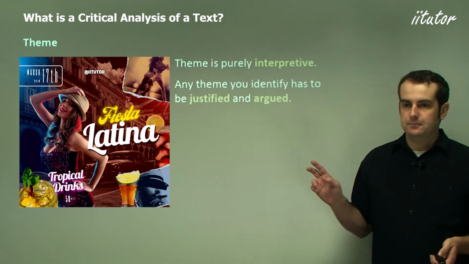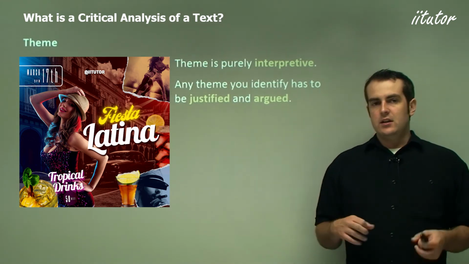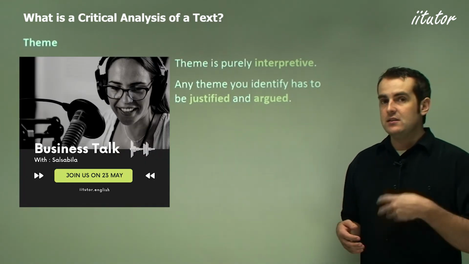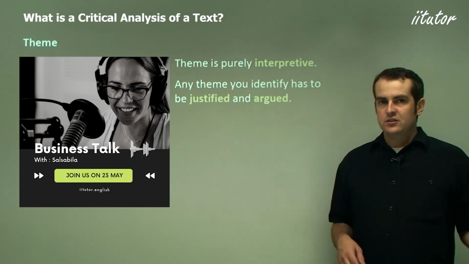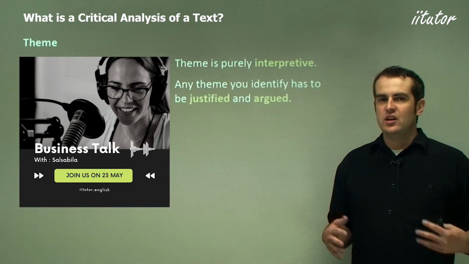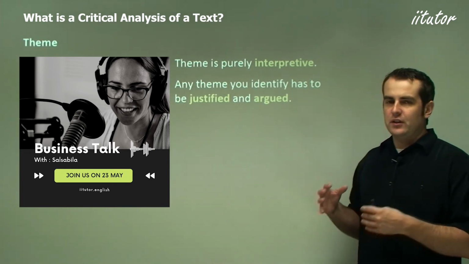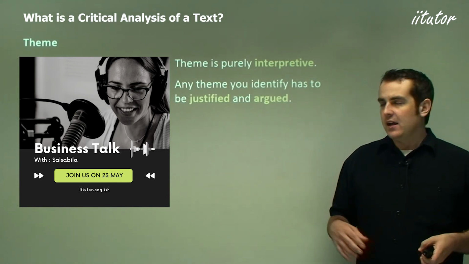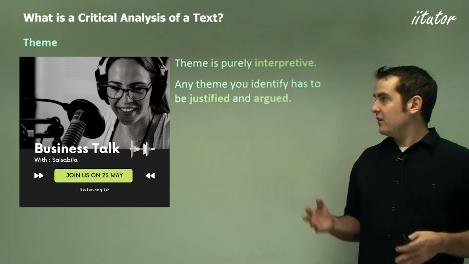Now the thing about them is you can literally write about any theme in a story, provided that you go deeply into it and that the theme is deep enough that you can actually talk about it as having relevance to the story. So if you're talking about a big action movie and you're saying the theme is love because the character falls in love and has a kiss at the end, that's not really a theme that encompasses the whole story. And it's not one that you can really justify as being significant to the story. You need to be very selective of that.